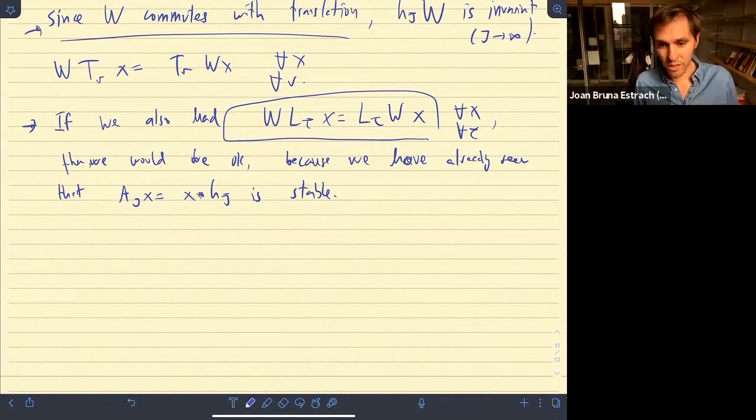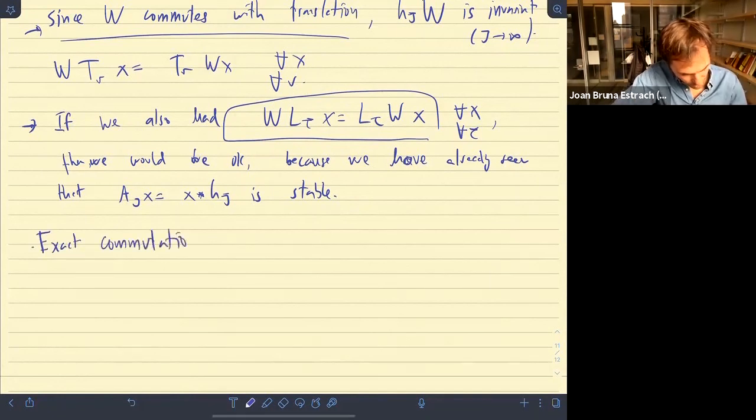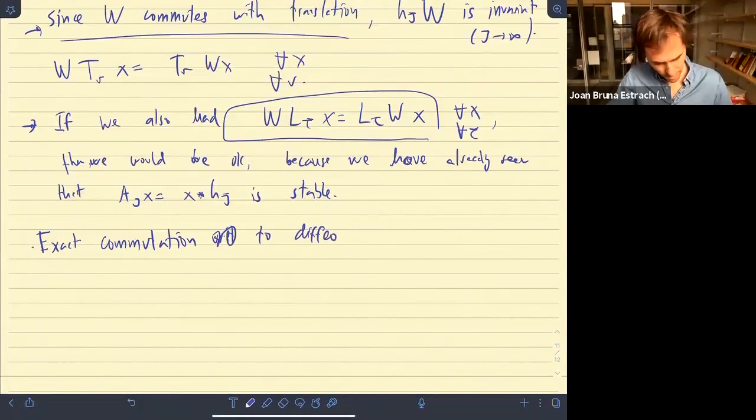We cannot have something that is equivariant to all diffeomorphisms. That would be a good exercise for you to prove. In fact, exact commutation to diffeomorphisms is not possible in general,